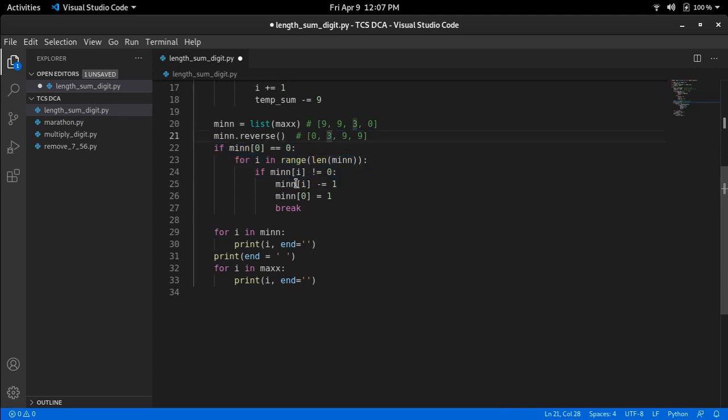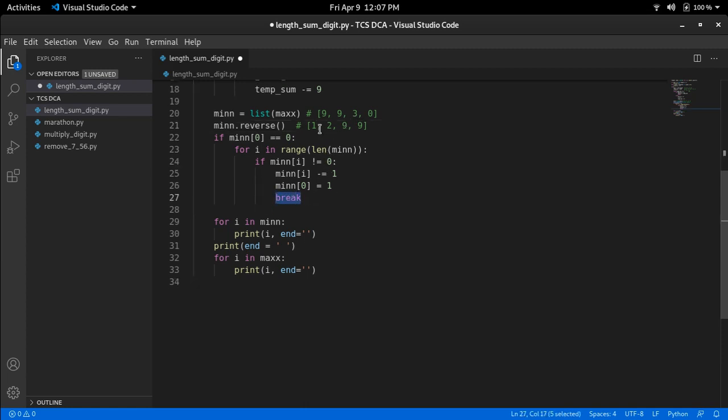So here minimum of I minus equals 1 is written, so 3 minus 1 is 2, and at the first index, minimum of 0 is equal to 1. You can see it is replaced by 1, and then we are breaking. Okay, so this is how the minimum number is found.